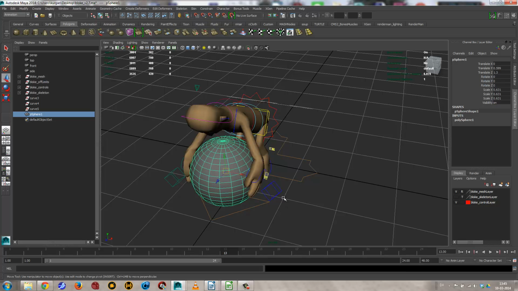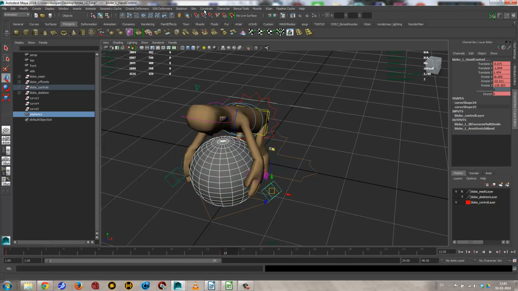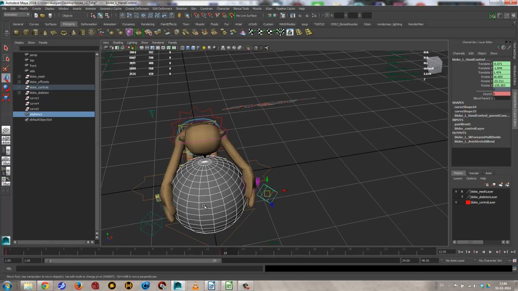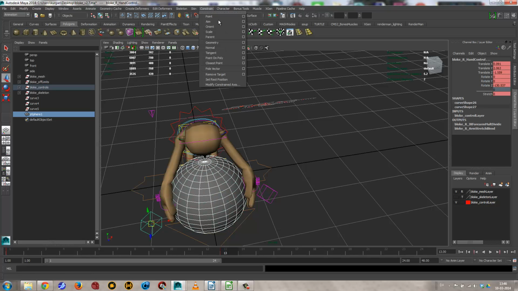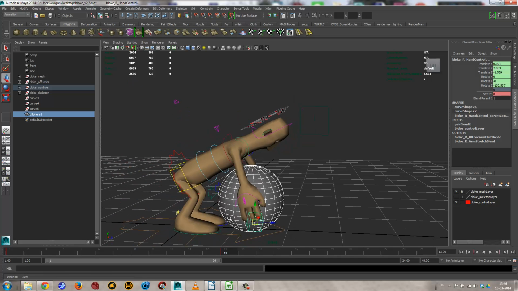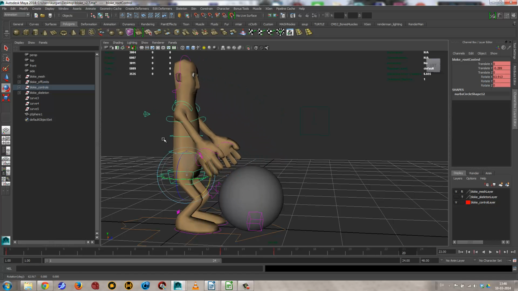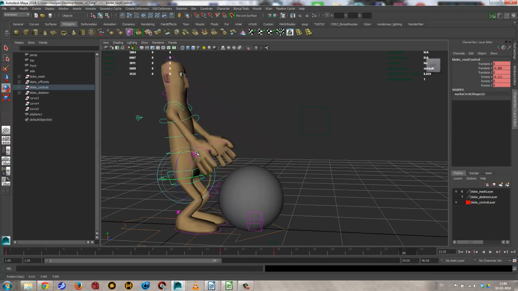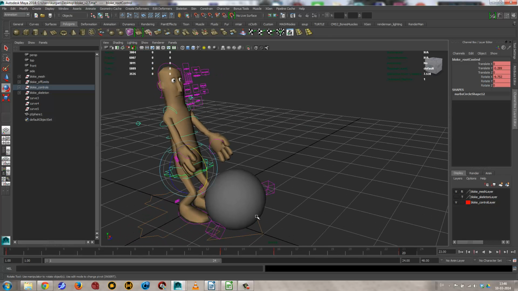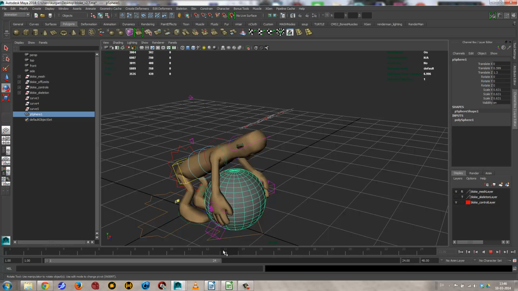So I grab this thing as the target and this as the object being constrained, and I go constraint, parent constraint, like so. So then it's just following the thing here, and I can do the same thing here, constrain, parent constraint. Okay, so it's just going there, and then I need to make him come up here and then get back up like so. Maybe have him all the way over like this, and then grab this thing, and then that would be